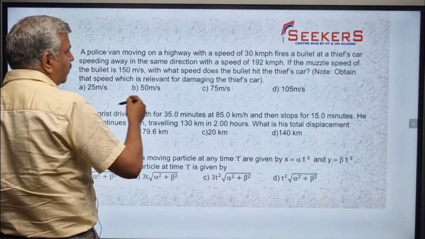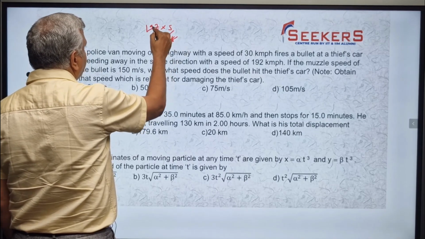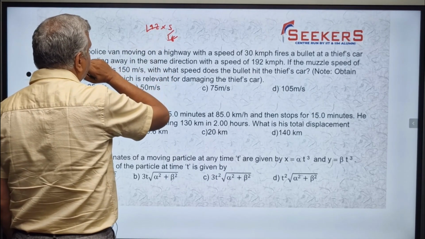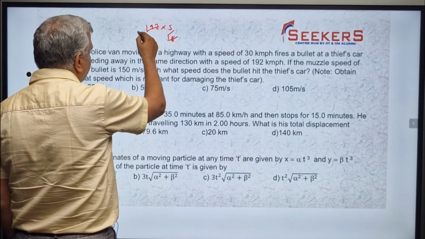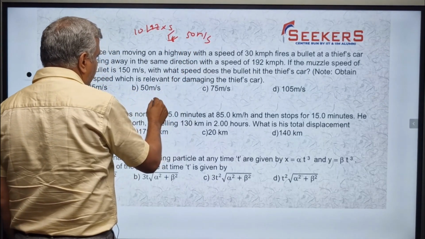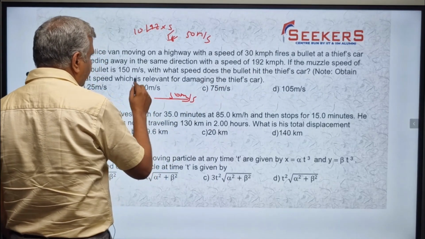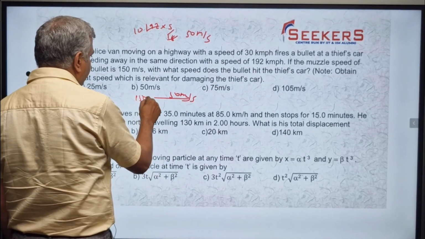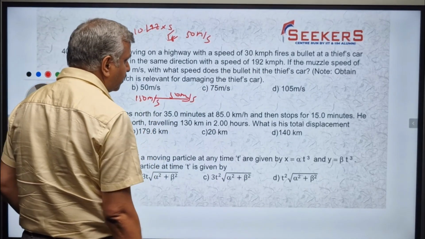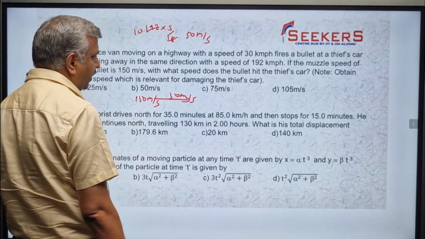Okay, no problem. So 192 kilometers per hour means 192 into 5 by 18. 18 tenths is 180, 180 by 12 is... assume it is a little more than 10. So it is 50 meters per second. So the car is going at 50 meters per second. The muzzle speed of the bullet is 150 meters per second. With what speed does the bullet hit